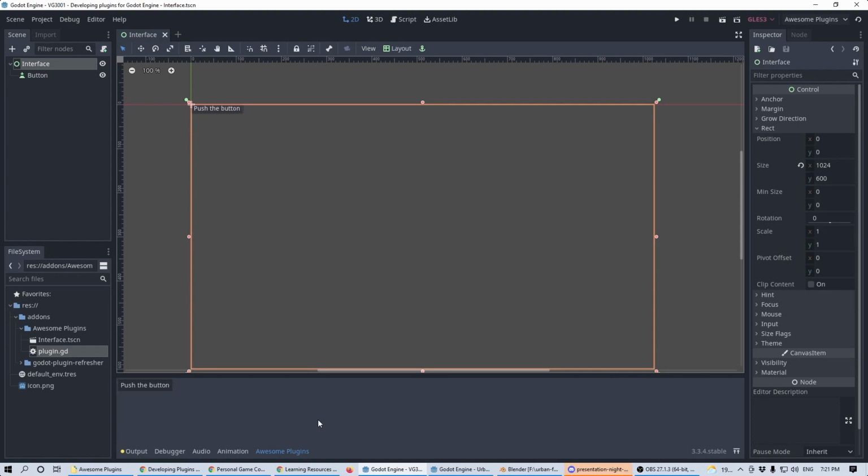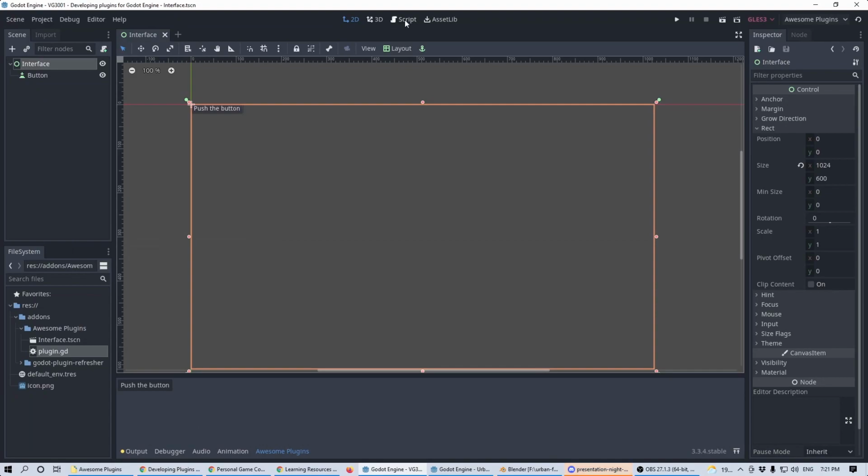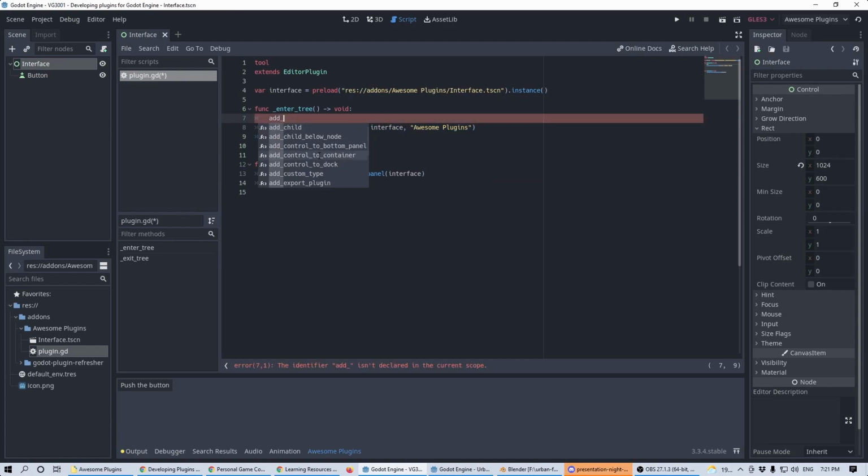So this is, as I was saying, a very large area. Sometimes it makes sense to use the bottom area, but then you have options. You could be putting things into docks. So let's see that too. As I was mentioning, now that we have this interface added to the bottom panel, if we start adding our UI to different parts, we may have to restart the engine because it doesn't actually trigger this right away. It kind of triggers this, then this, but at that point, the interface has already been added. So people should be aware of that because sometimes the behavior looks sort of weird. But these are your options in the dock